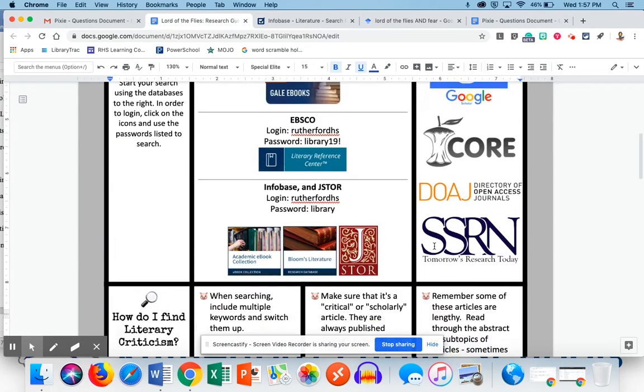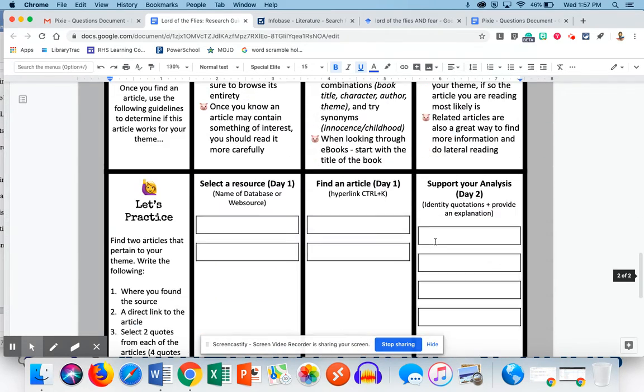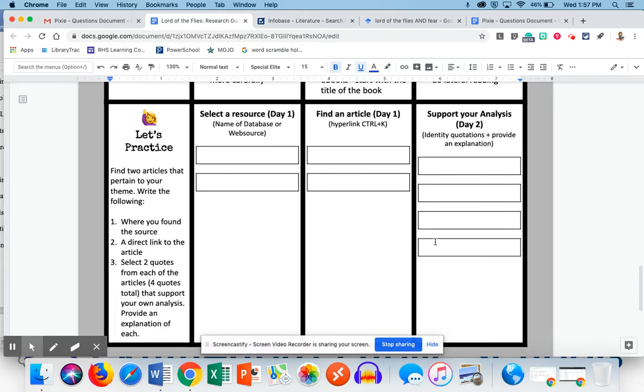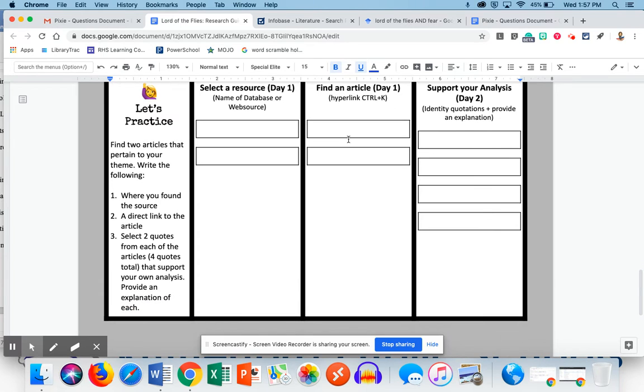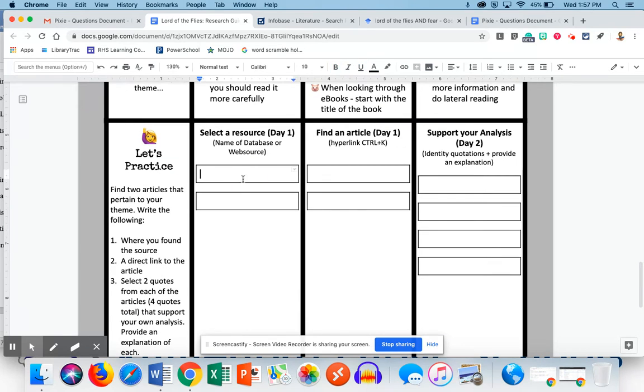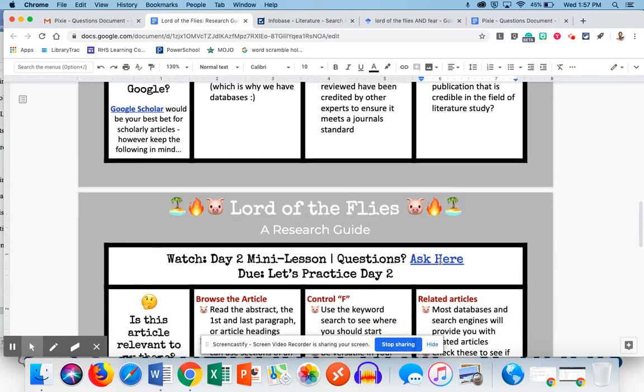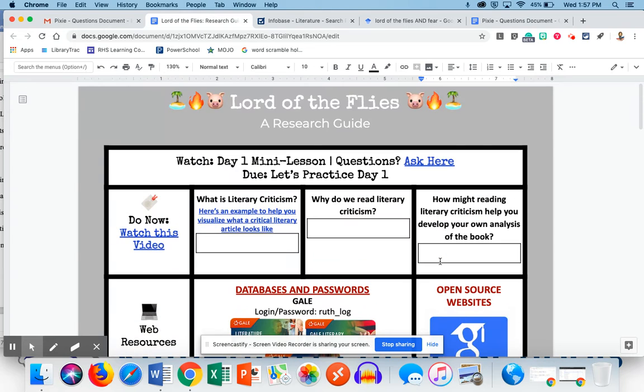So I want to point out, because this is probably the first question you guys are going to ask, is where do we write what we find? Underneath the day 2 doc. So this is at the bottom of the doc. You are going to be writing down your responses in here. This doc is your own copy. Feel free to write on this. We are actually expecting you to write on that. That is how we know that you're doing the work.